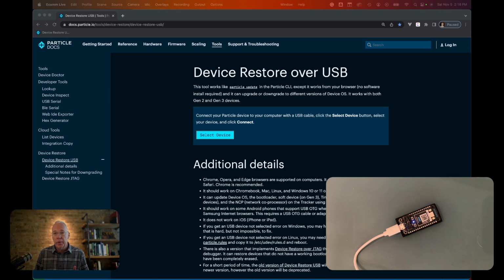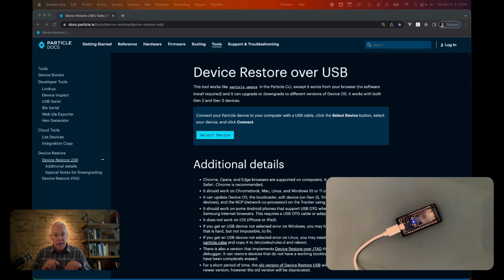And in the process of debugging all of this, I found out that that's actually not the best way to upgrade your Particle Argon, as an example, to the latest stuff. So what I thought I would do is show you what I ultimately discovered through the help of the forums and Particle support, and I wanted to share it with everybody, because this is the way to do it. So what I have here is a Particle Argon that is brand new. It's right out of the box, and I'm going to this website, which I will put a link in the description below. It's basically to the docs,